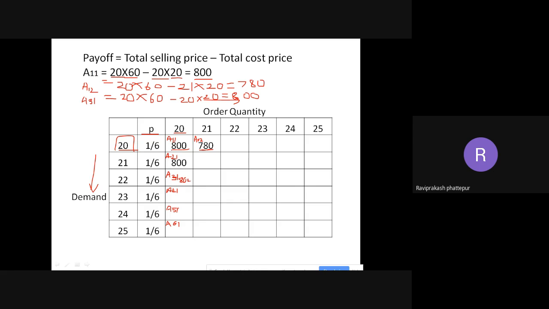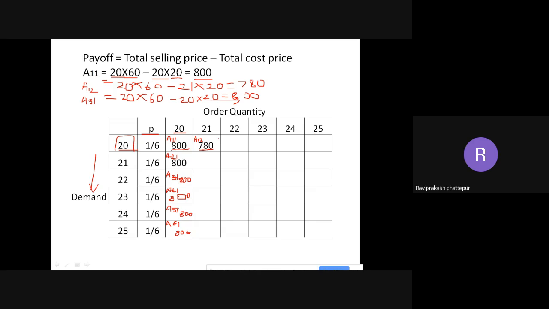Next one also, if you see, the same thing will happen here. The demand is 23, but I'm having only 20. So again, the equation remains the same. So it is 800 only here, and the next also it is 800 only, and the last one is also 800. Why? I am having only 20. Even if the demand becomes 500, I can sell only 20, and I'm buying only 20, right? So these equations will remain the same.